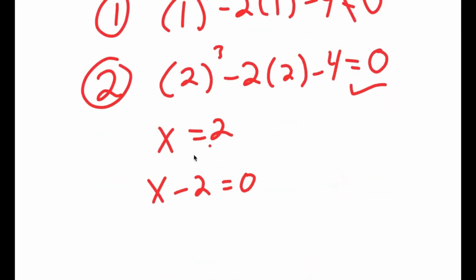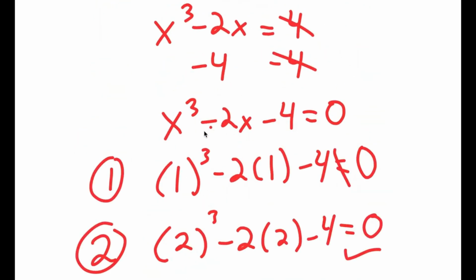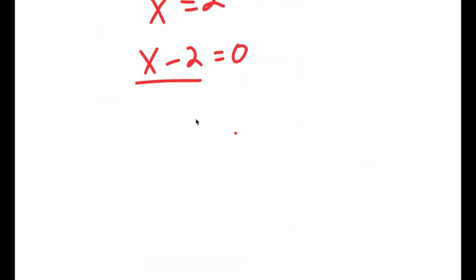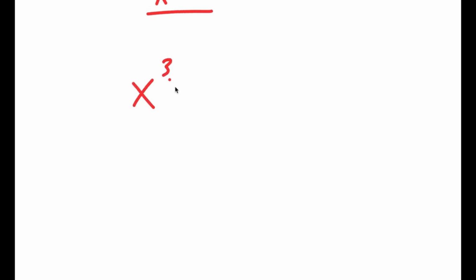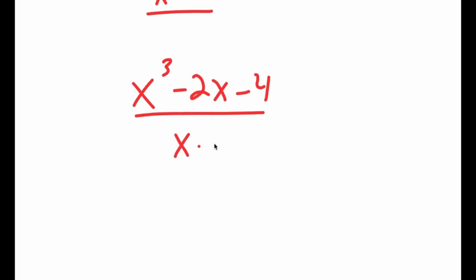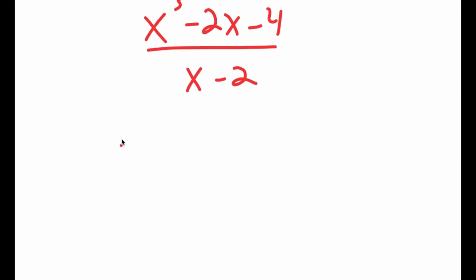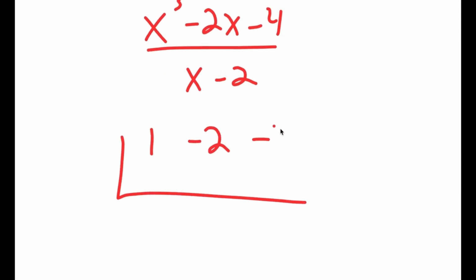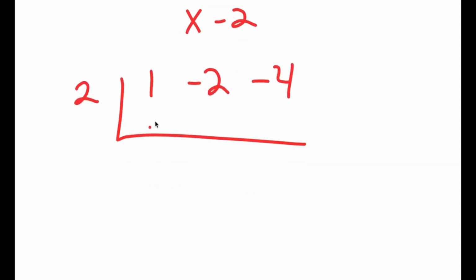So now what we're going to do is divide x to the power of 3 minus 2x minus 4 by x minus 2. So I get x to the power of 3 minus 2x minus 4 over x minus 2. And to solve this, we're going to have to use synthetic division, and if you guys don't know what that is, I would recommend watching a YouTube video on it. So the coefficients of our numerator are 1, -2, and -4, and then we have a 2 over here. I'm going to bring down 1. 2 times 1 is 2. -2 plus 2 is 0. 2 times 0